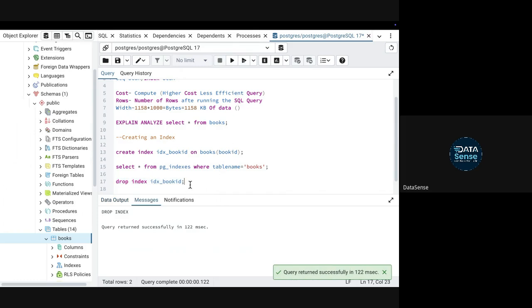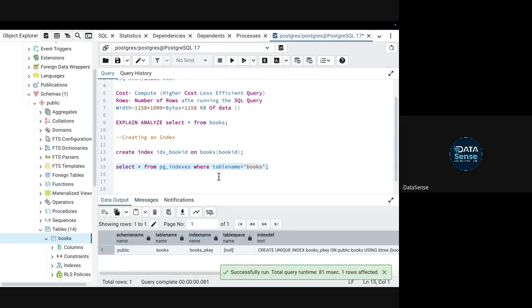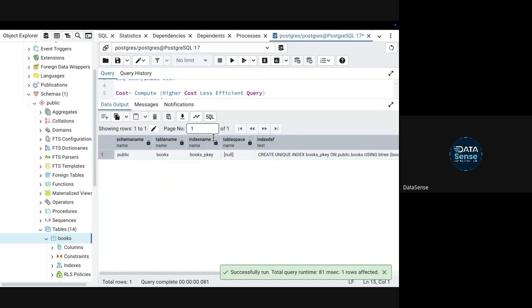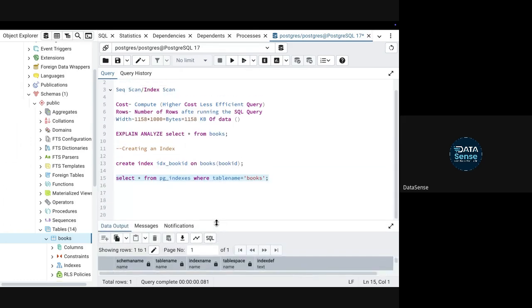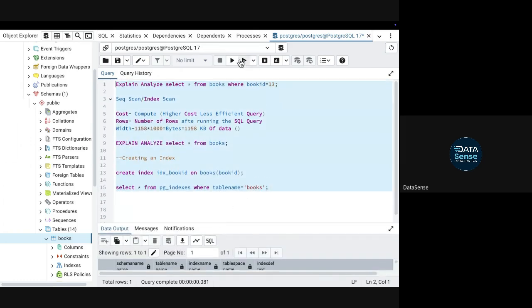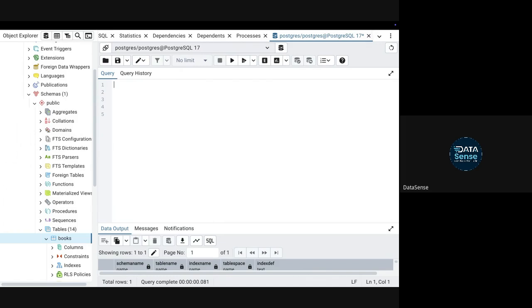So by default, whenever you create a table, you can check on your system as well. By default, there will always be one index in your tables. Okay, and that will be the primary key which you created. So it will never change. It will always be there. And that is the first index that you already have. So that's why when you do any filtering based on your primary key, that query is by default indexed, and that query is by default optimized. Okay, that you should know.